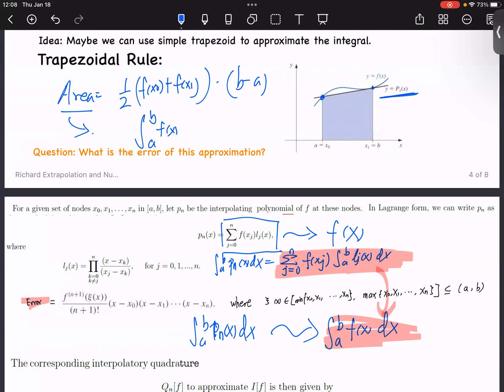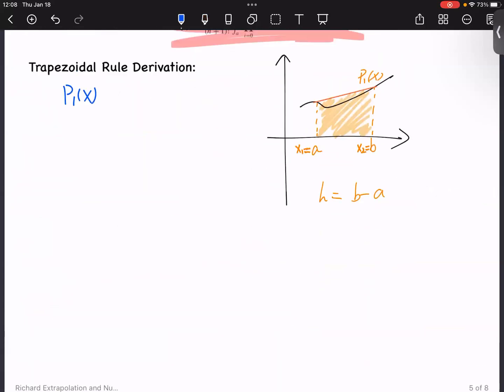So now, once again, let's go back to the Lagrange polynomial. Because we have only two nodal points,